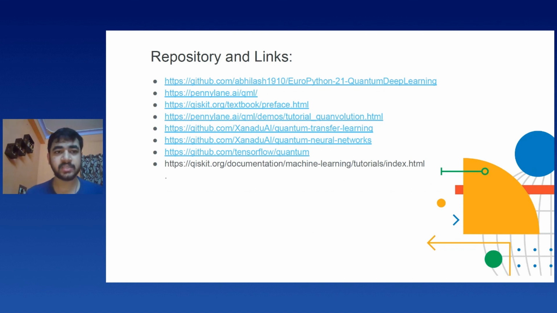And these are some of the links. This GitHub contains all the implementations, some of which have been adapted from PennyLane. There are also implementations based on Cirq, TensorFlow Quantum, and Qiskit. And these are the corresponding links if you want to do a deep dive into the realm of quantum understanding, quantum learning, and quantum circuits, variational circuits, why they are used, and their different applications. So that being said, I'm open to any questions if time permits.